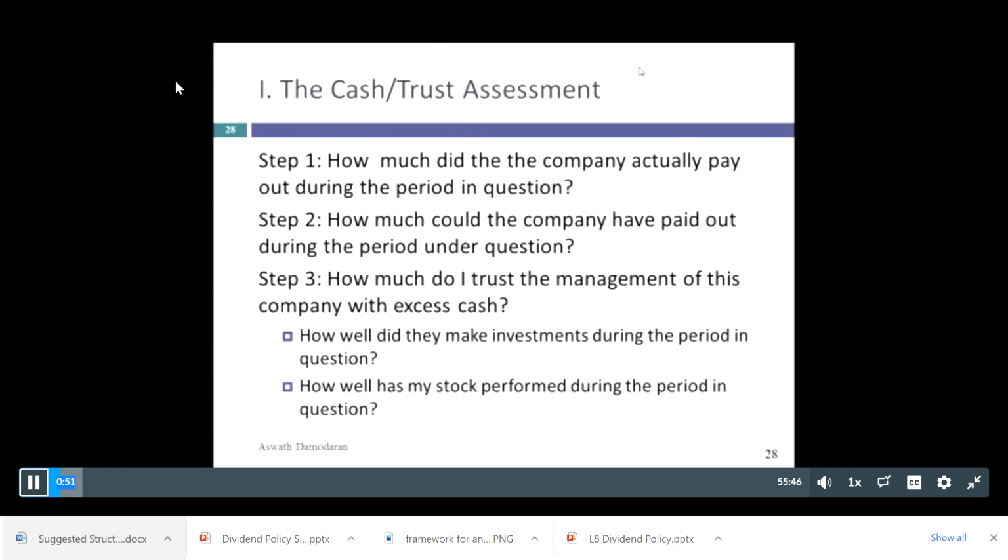So we've talked about the theoretical pros and cons of dividends and why a firm should pay dividends or why they shouldn't pay dividends, and all those different theories about dividends in class. But here I just want to show you some mechanics of determining how much cash a firm can pay out. So we're kind of approaching these steps that are on this slide out of order. These two things, step 1 and step 2, really don't have to be done in that order.